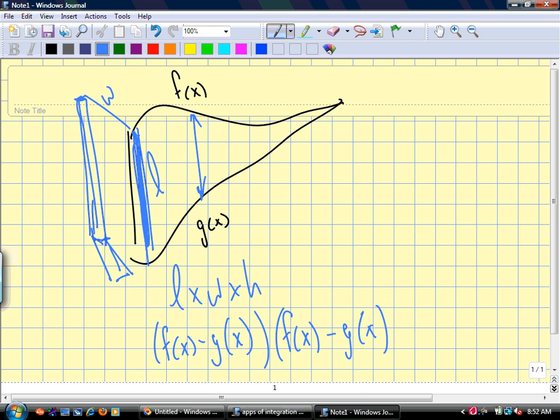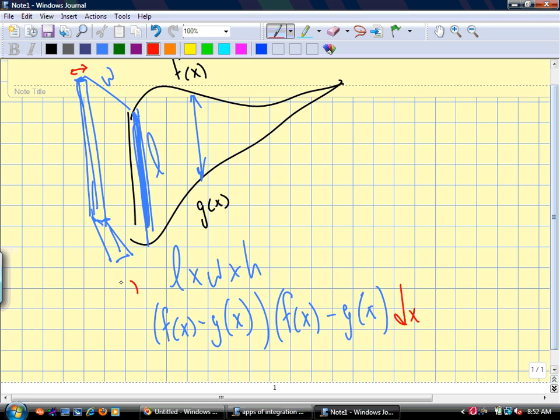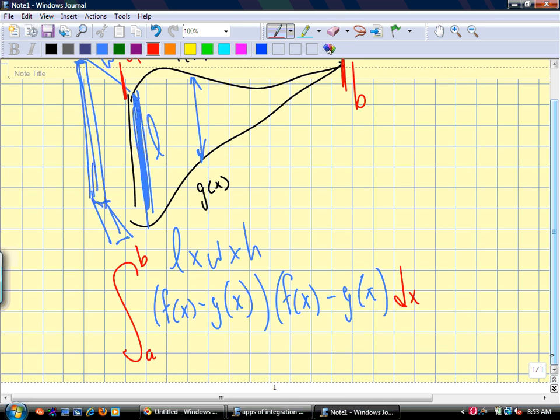And then height, that's this distance. That's dx. And then how do we find it? Well, we integrate from A to B. All we're doing is changing the formulas. But what if, instead of building a rectangle,